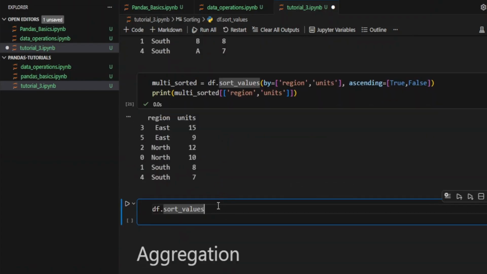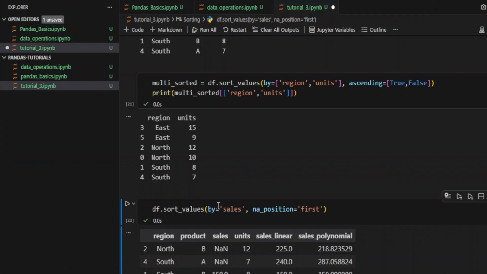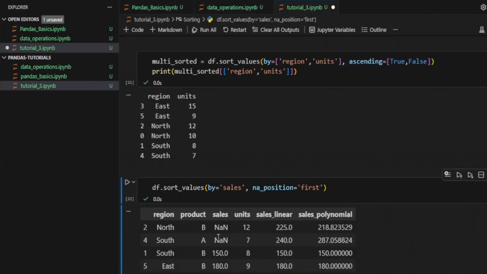So what we can do is pass by equals sales, and then pass na_position equals first. Then you can see the null values got printed at the start of the column, NaN and NaN. And let's copy this